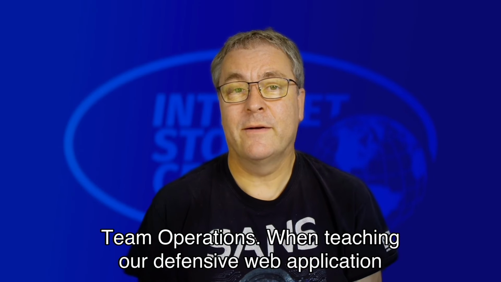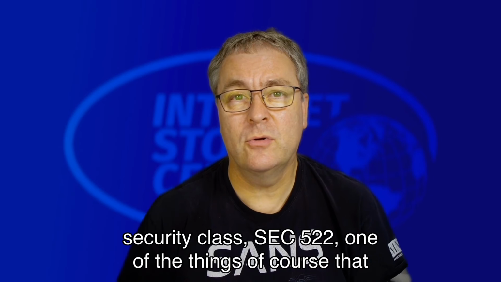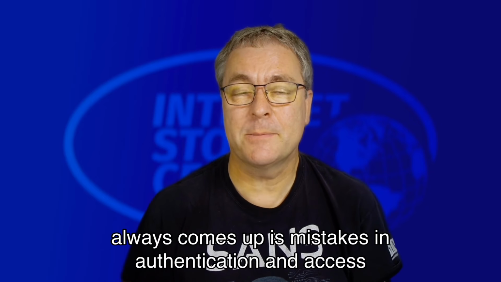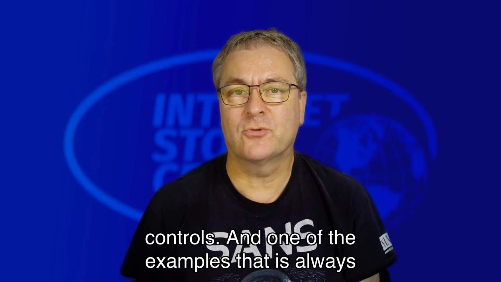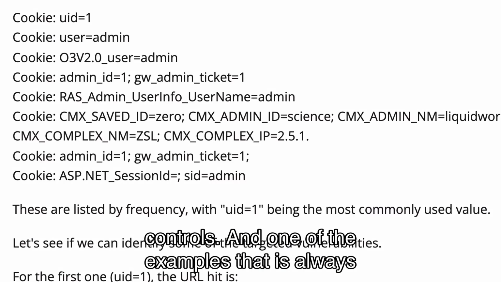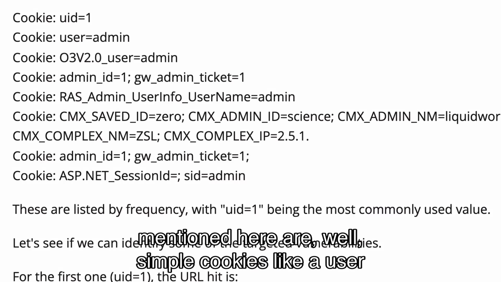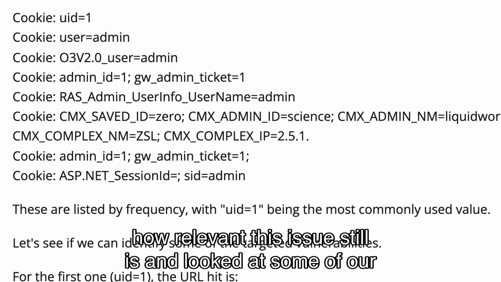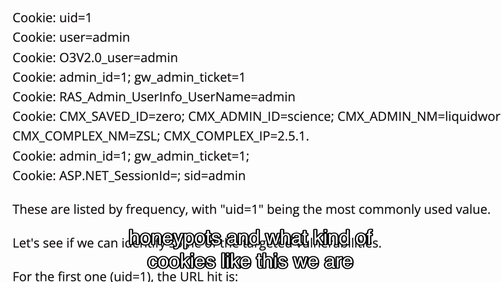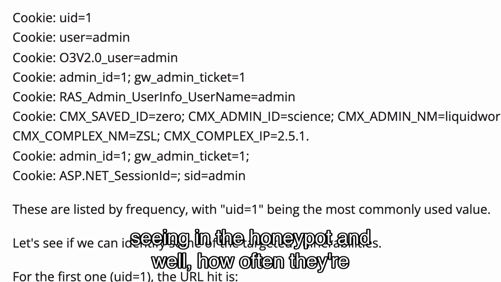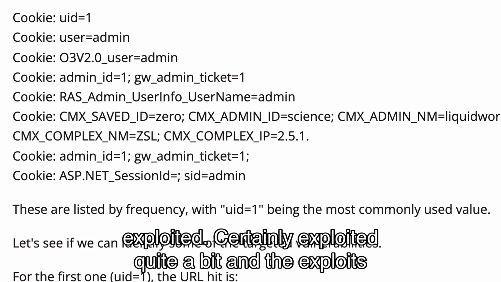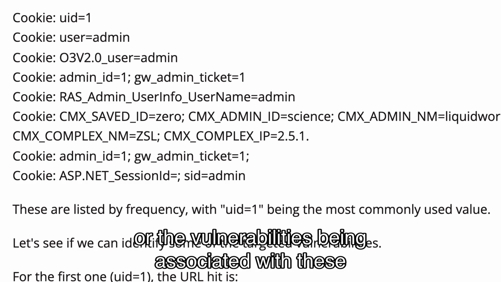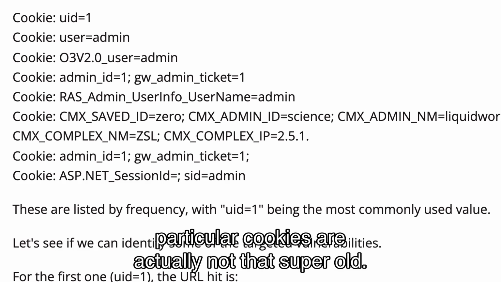When teaching our defensive web application security class, SEC 522, one of the things that always comes up is mistakes in authentication and access controls. And one of the examples that is always mentioned here are simple cookies like user equals admin. So I wanted to put this to the test to see how relevant this issue still is, and looked at some of our honeypots and what kind of cookies like this we are seeing in the honeypot and how often they're exploited. Certainly exploited quite a bit,